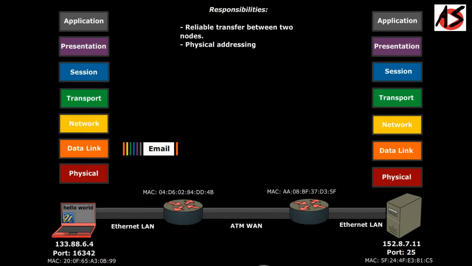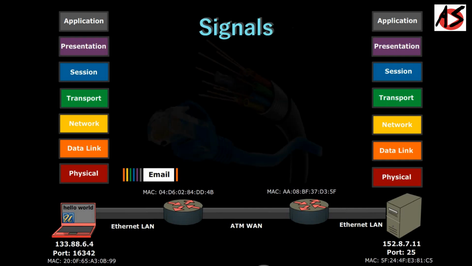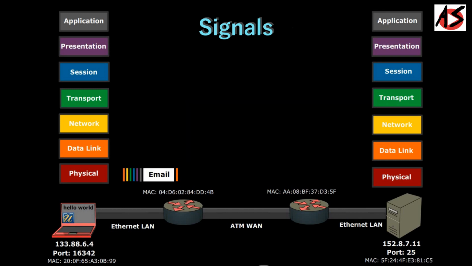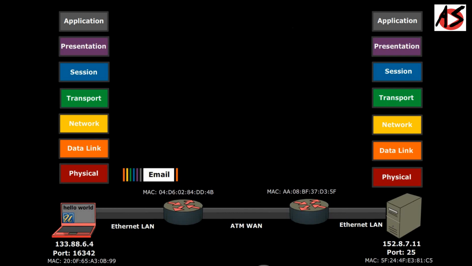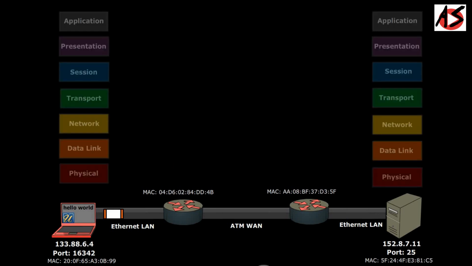Now this frame reaches the bottommost layer called the physical layer. The physical layer puts all the frame bits in the form of signals in a medium like a network cable. Your signal can also transmit through air in the form of radio waves, microwaves or infrared, which is known as wireless communication. Now the frame will be sent to the router based on the MAC address.